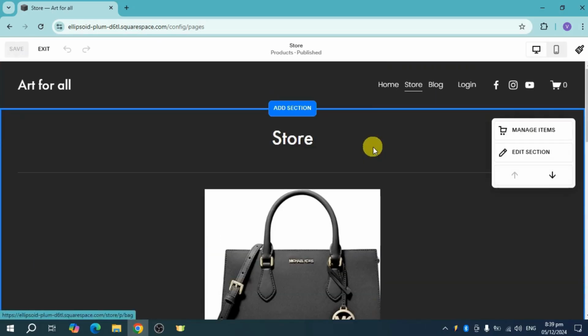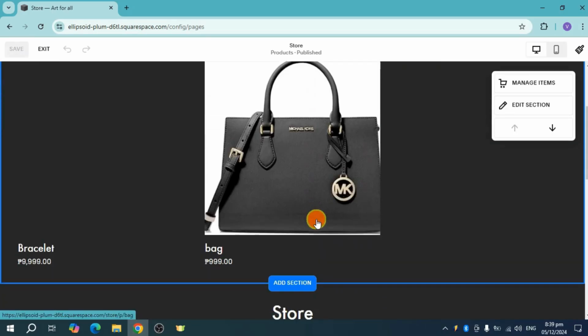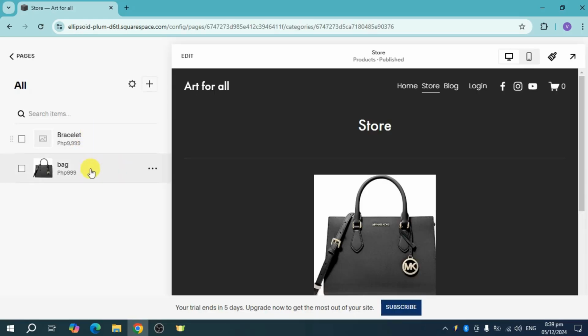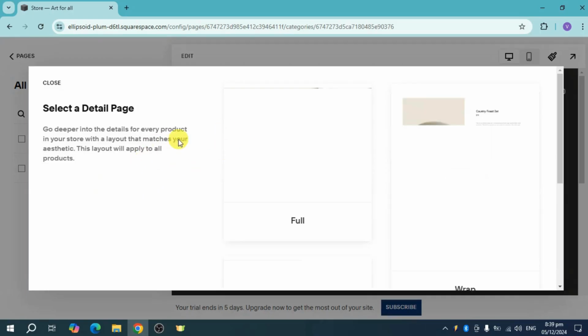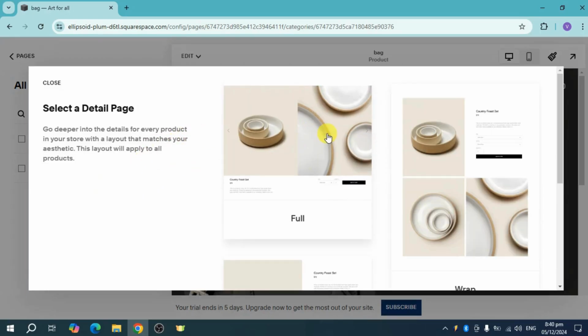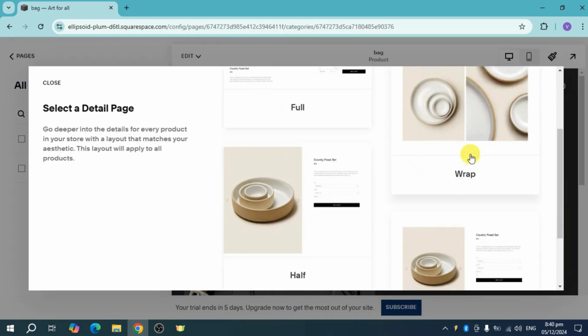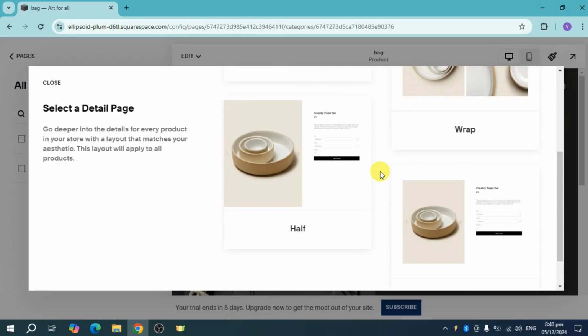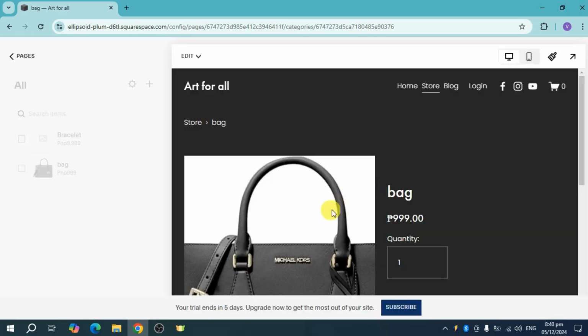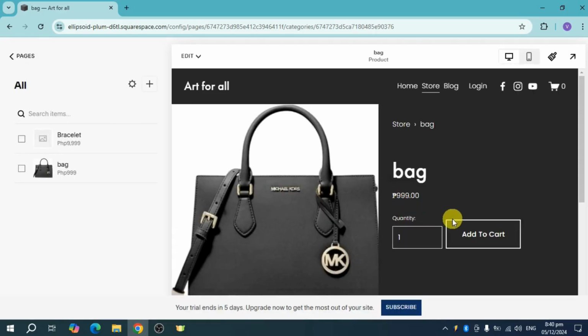So if you want, you can head over and go to a particular page right here for your product. Alternatively, you can also just select a product page that you want to edit. So for this one, we have in here this detail page. So you can choose in here a part. It can be a full, wrap, half, simple part, or custom page. So for example, for this one, I'll choose in here this half. And then once it's been added, we have in here a